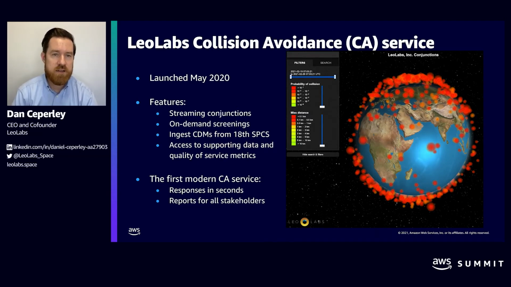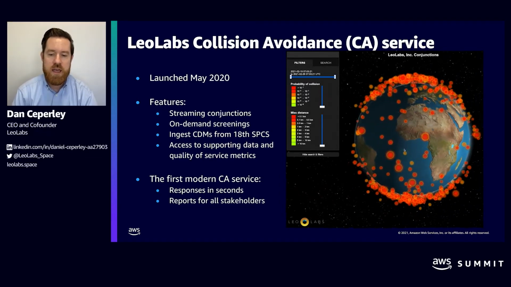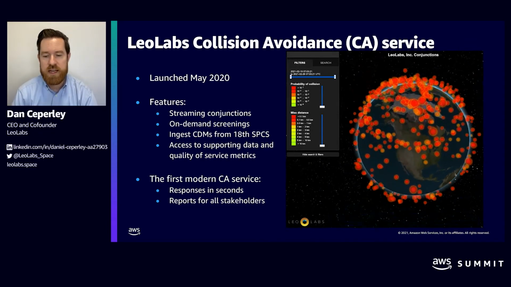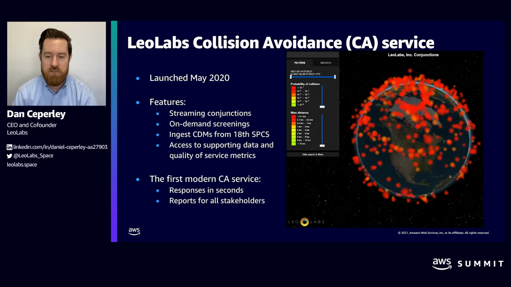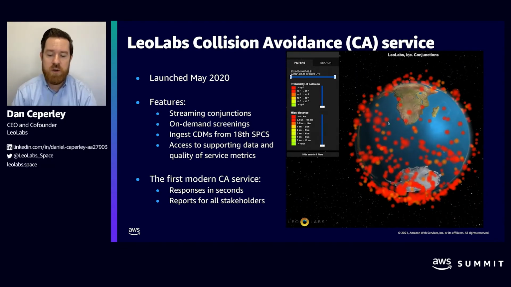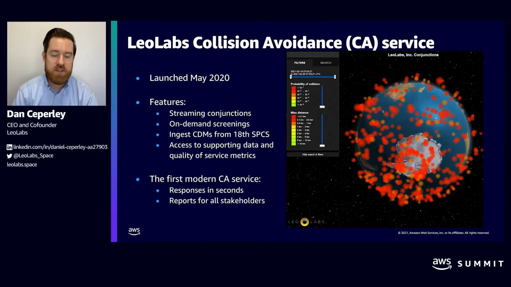But there's actually some regions of the world where collisions are more likely. If you look up near the poles, close to the North Pole and close to the South Pole, there are some pinch points because most of the satellites that have been launched into space are in polar orbits. And so where these pinch points are located is more likely to have debris and satellites flying close to one another.